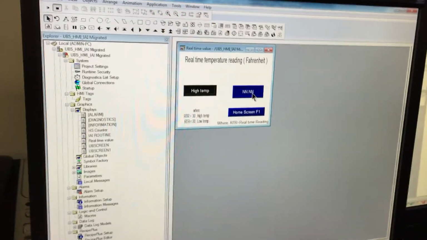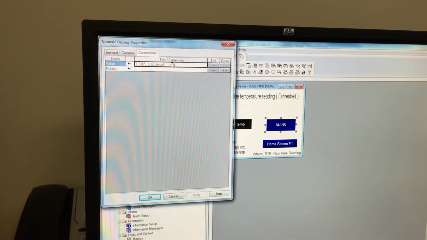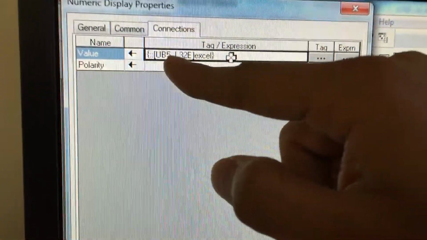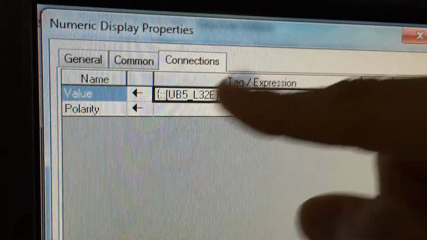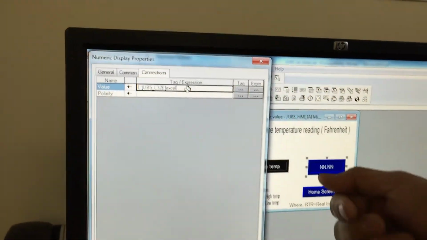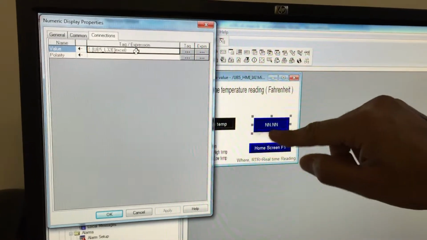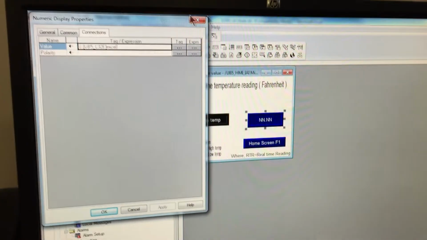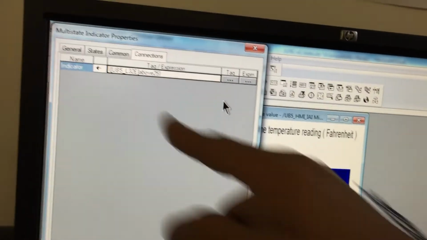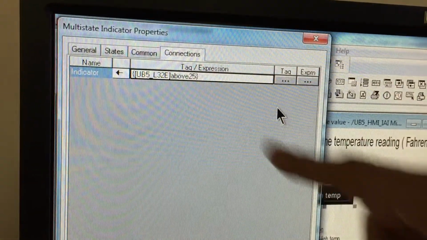This is the tag, UB L32E Excel. Excel is the tag that carries the value, and it will be shown in this particular unit. And here you can see UB L32E above 25.